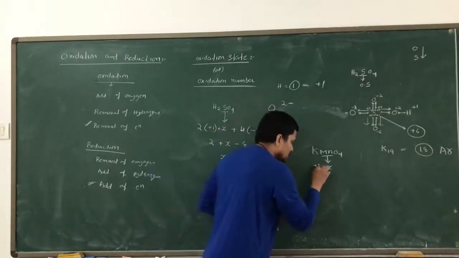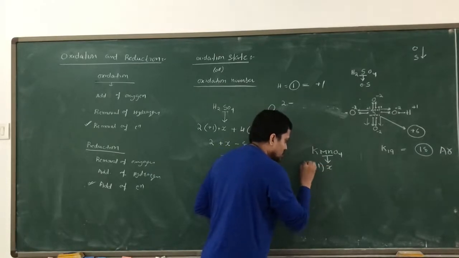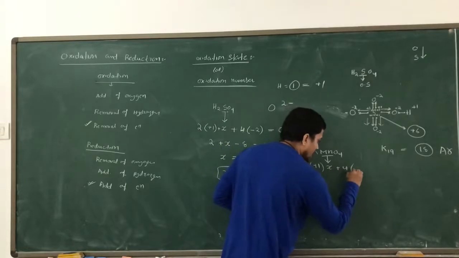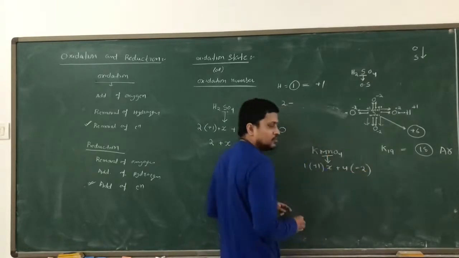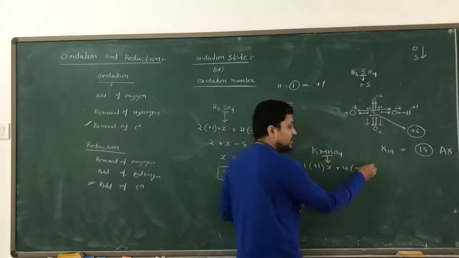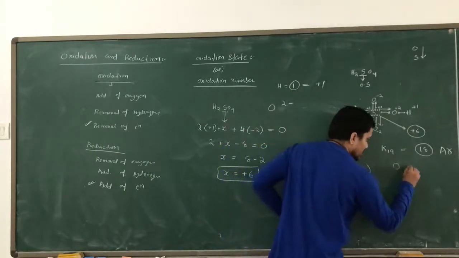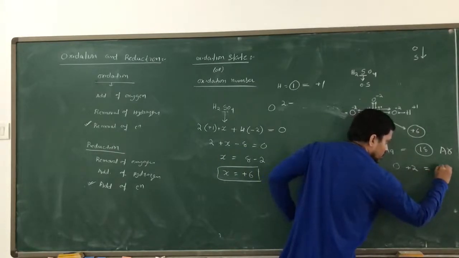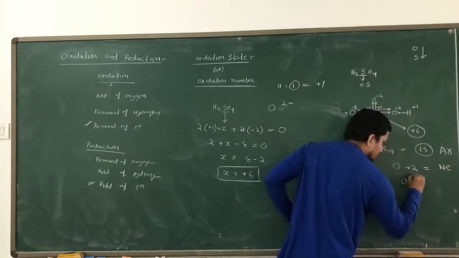So it should have +1 charge, and in total how many potassium do we have? Only 1. And if I go for oxygen, we have 4 oxygen, and each one should have -2 charge, because oxygen has more electronegativity and each oxygen is going to take 2 electrons to reach neon. Oxygen will take 2 electrons, and these 2 electrons give rise to a neon configuration. So oxygen will get -2 charge.